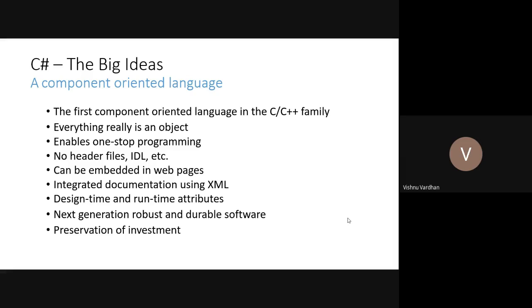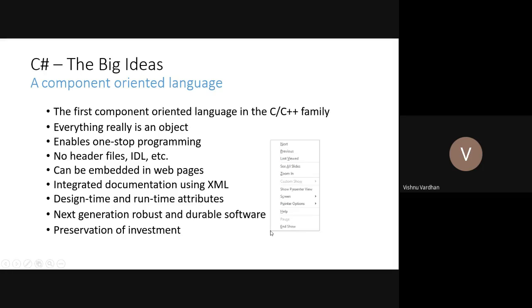When you know this language, you can write websites, create Windows programming services, and write mobile applications. In that way we can consider it one-stop programming. You don't have to learn different languages for doing different things.